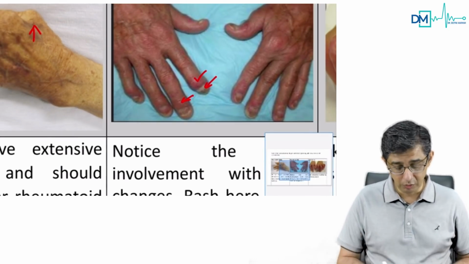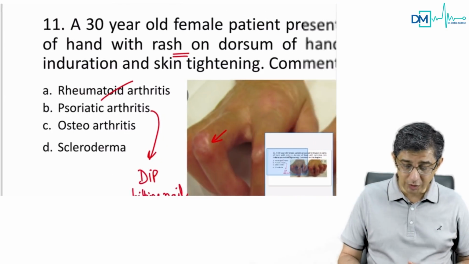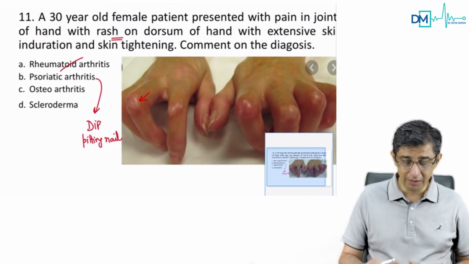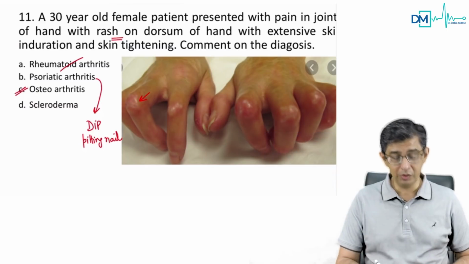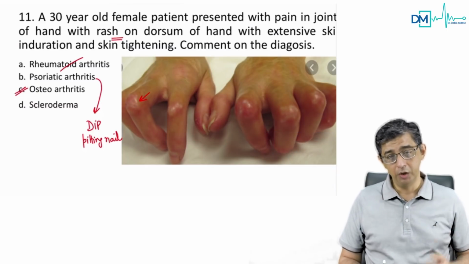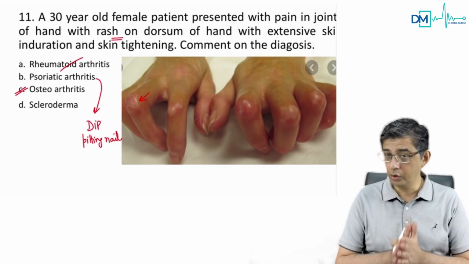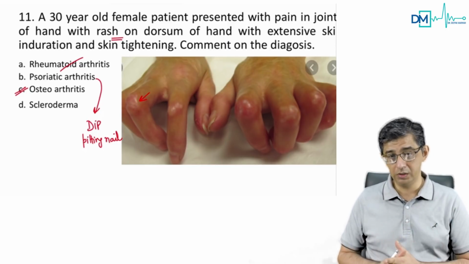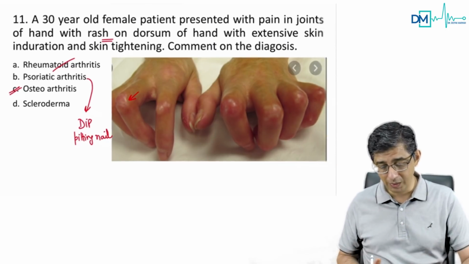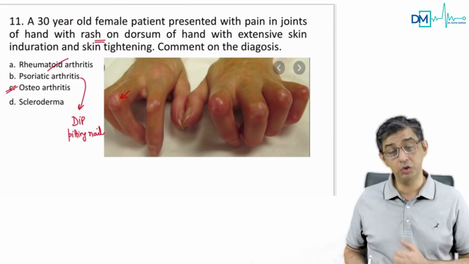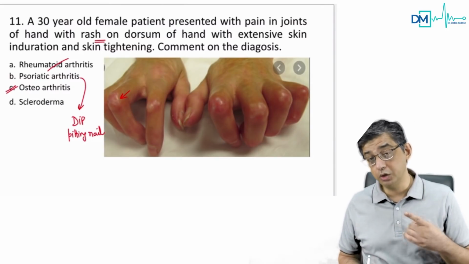But coming back to the original discussion, in the actual question that came, it mentioned a young female. So you're ruling out osteoarthritis because osteoarthritis occurs in old age. You're ruling out rheumatoid arthritis because there are no rheumatoid nodules, no swan neck, no Boutonniere deformity. I'm open to discussion on this one. Then is psoriatic arthritis, where I just showed you an image. There should be psoriatic lesion. There should be pitting of the nails.